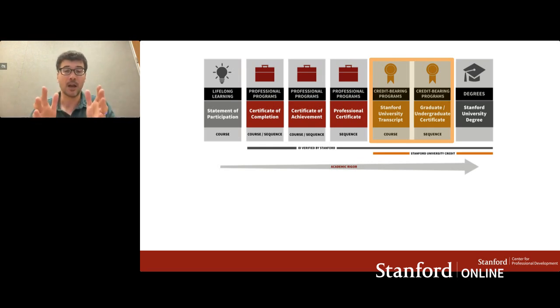What Jonathan and I, however, will be focusing on today is what we call the non-degree option. And these are your opportunity as a professional to take a single course at Stanford or to pursue a graduate certificate. Now, as a non-degree student, you won't be a fully matriculated student, but you will be a student at Stanford. You will have login rights. You will be attending and taking the same classes that are happening on campus, but you will only be doing it a class at a time or pursuing a graduate certificate, which is a WASC accredited graduate certificate.